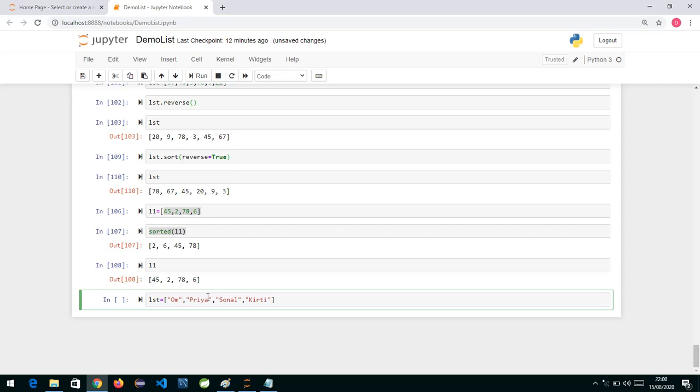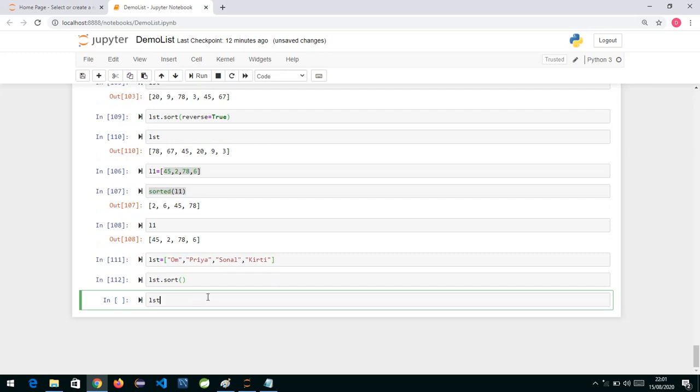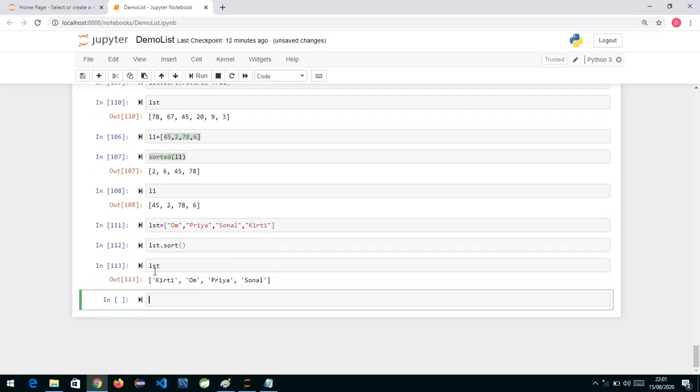These are the names. Now if I apply a sort function here, lst.sort or sorted, whichever you want, we will see that the list will be in alphabetical order. So first is Kirti, according to K, then Om, then Priya, and then Sonal.